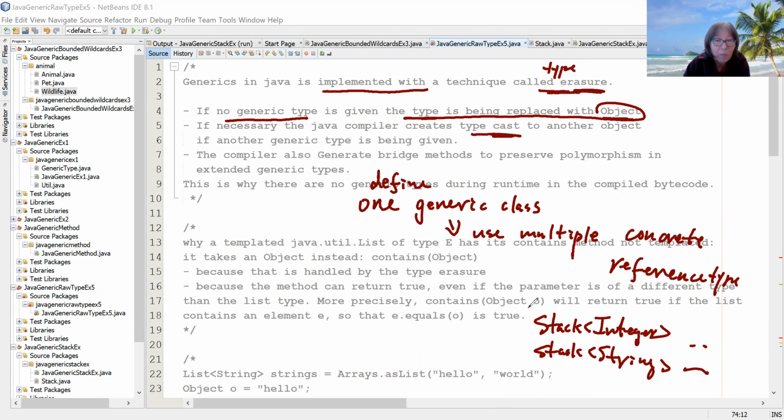In Java, you will only have that one class created. So that's why we call it type erasure. You won't have multiple classes created. You just have a single one. It's just that when you compile it, the type will be erased and replaced using the specific type. So that's the concept here. Okay, that's all for today's